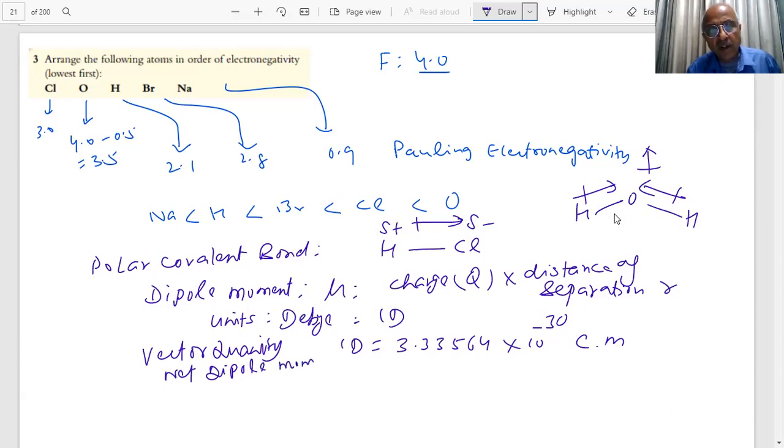And it can be zero also. Equal and opposite dipoles can cancel also. We will find out the value. For example, in the case of water, it is 1.85 D, debye. That is the value of the dipole moment of water. It is a very good dipole moment. Water is a strong polar molecule, has a high dielectric constant, and the dipole moment of water is quite high. So ionic compounds readily dissolve in water.